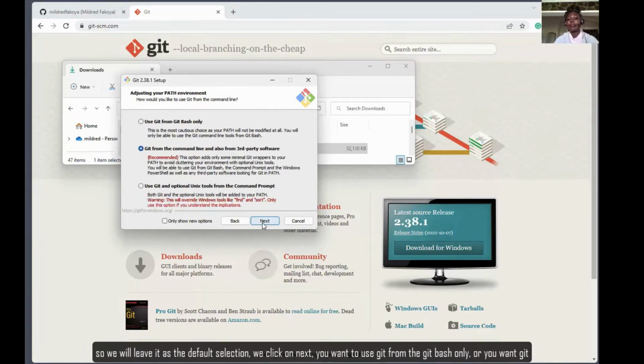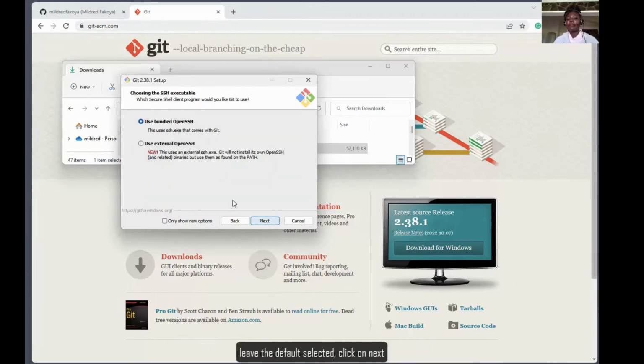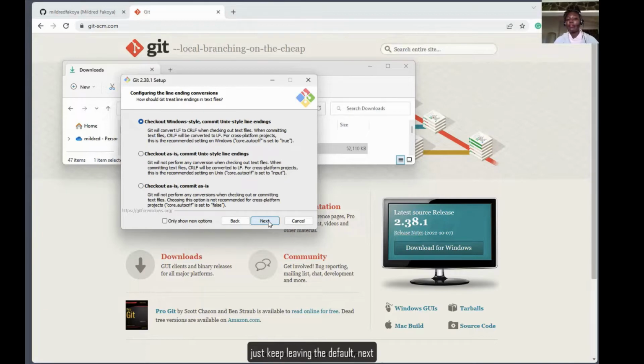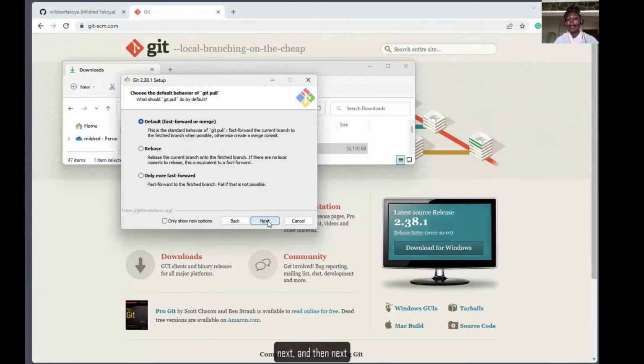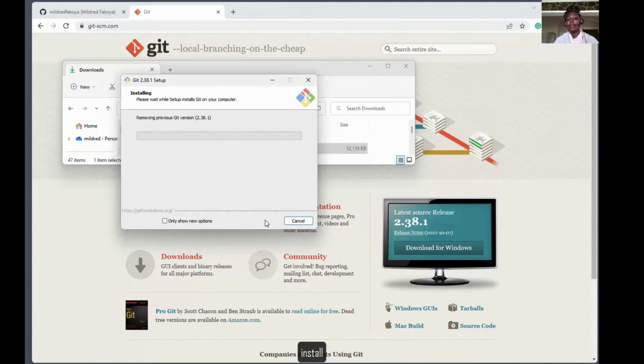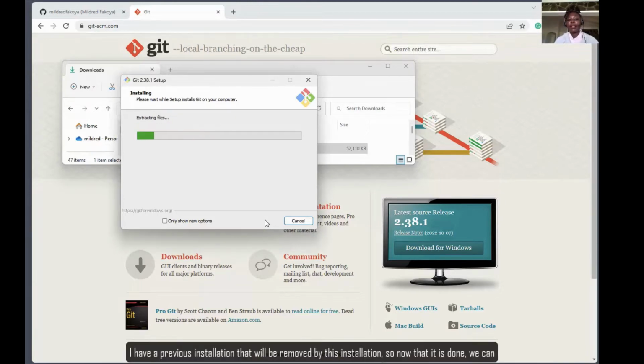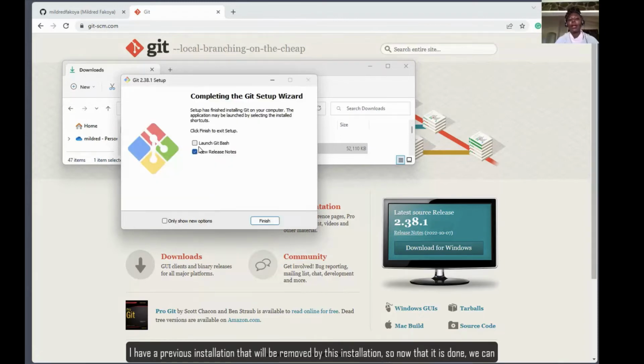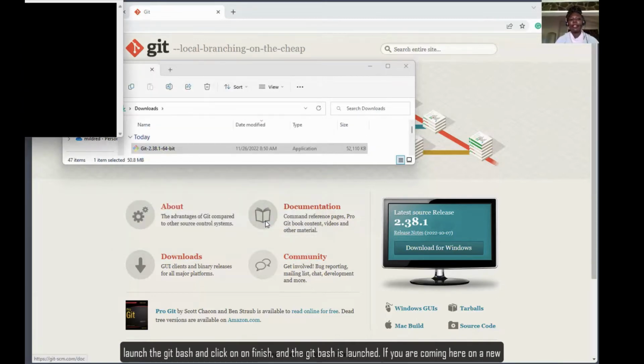We click on next. You want to use Git from the Git Bash only, or you want Git from a command line and also from third-party software. Leave the default selected, click on next. Leave the default selected, click on next and next. Just keep leaving the default, next, next, and then next, next, next, install. I have a previous installation that will be removed by this installation. So now that it is done, we can launch the Git Bash and click on finish, and the Git Bash